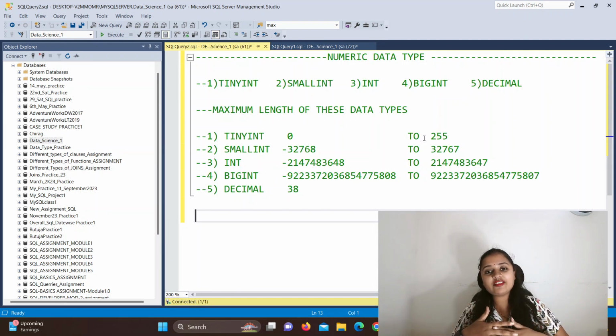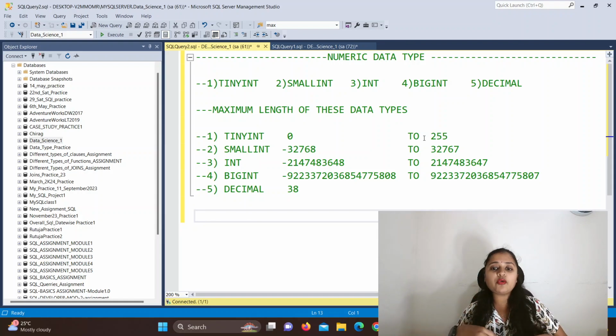In the previous lecture we have seen the character data type, and I want to tell you guys the character data type is related to the string. String means anything which you have written in single quote or double quote, which is an alphabet or letter or any sentence, that is called a string. So for that the data type which is used is the character data type.